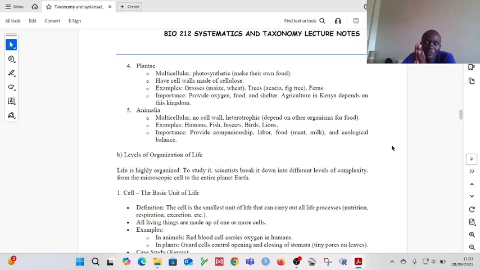Through taxonomy, through classification, we have those five kingdoms. The importance of classification is to create order. So that whenever you want to study, for example, you can choose, I want to study members of the kingdom Animalia, members of the kingdom Monera, members of the kingdom Protista. Okay. But